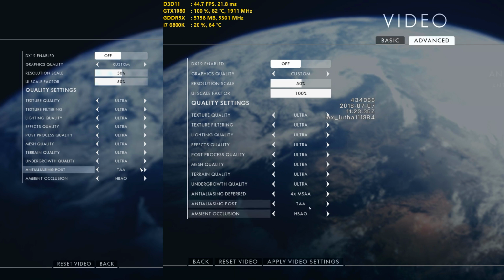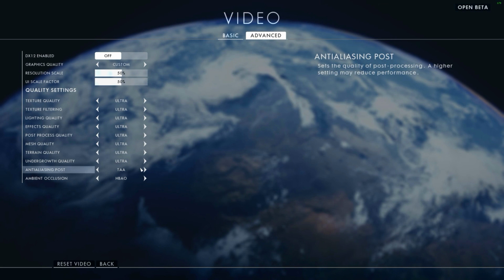Now, they had this in the closed alpha just a month ago. I'm showing you guys on the screen right here. They had that option in the closed alpha. But in the open beta, they've gotten rid of the deferred anti-aliasing with the MSAA. Now, I don't know if they're planning to add that in later on in the final release of the game,